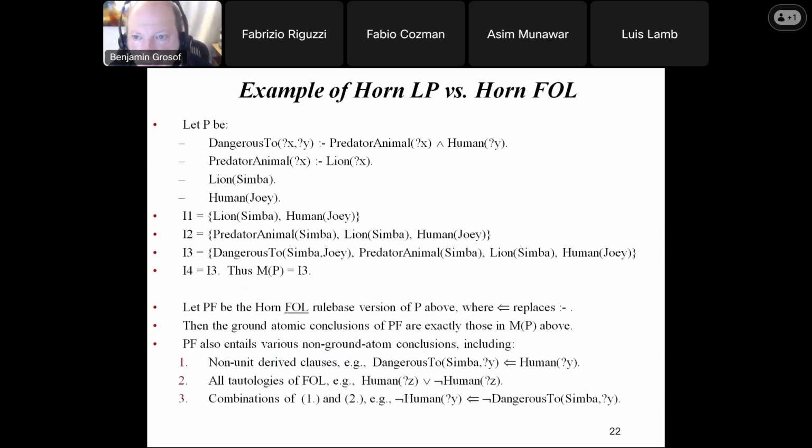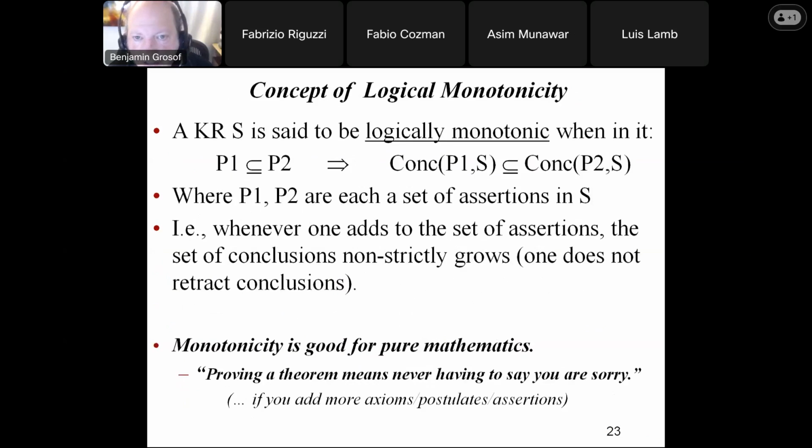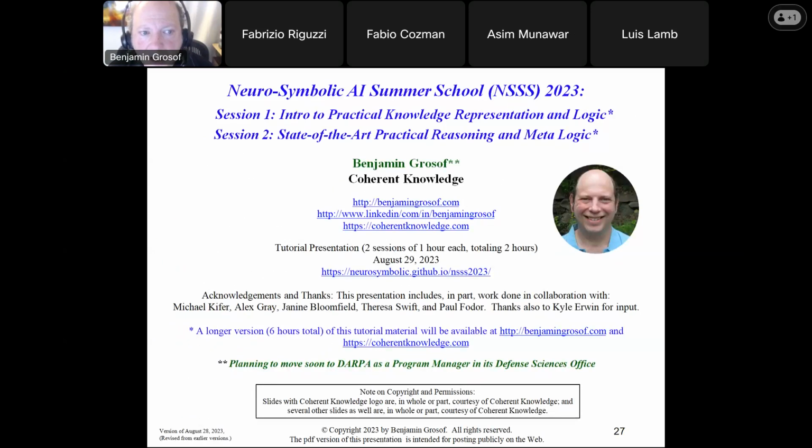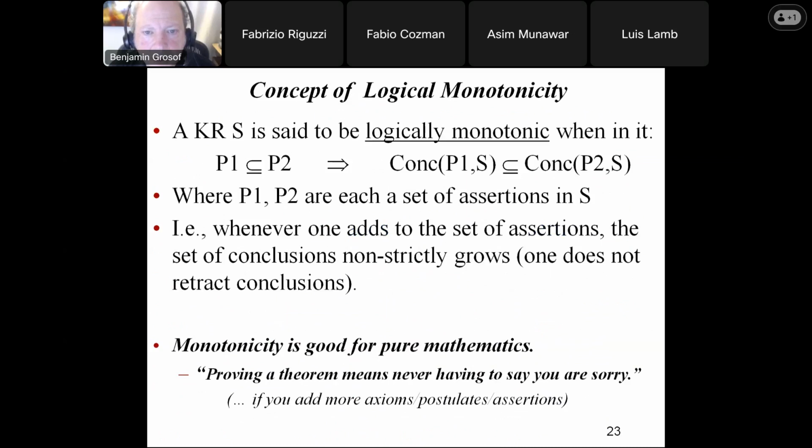Okay, so moving on, we're going to get to session 2. If you've just joined, we're in the middle of 2 sessions, Intro to Practical Knowledge Representation Logic, just finishing that and going to the second session, State-of-the-Art Practical Reasoning and Meta Logic. Okay, so